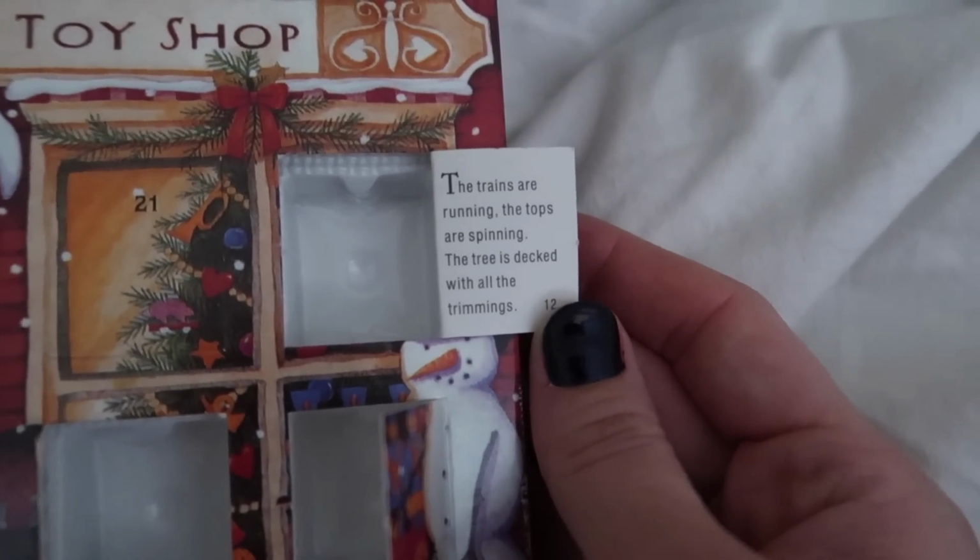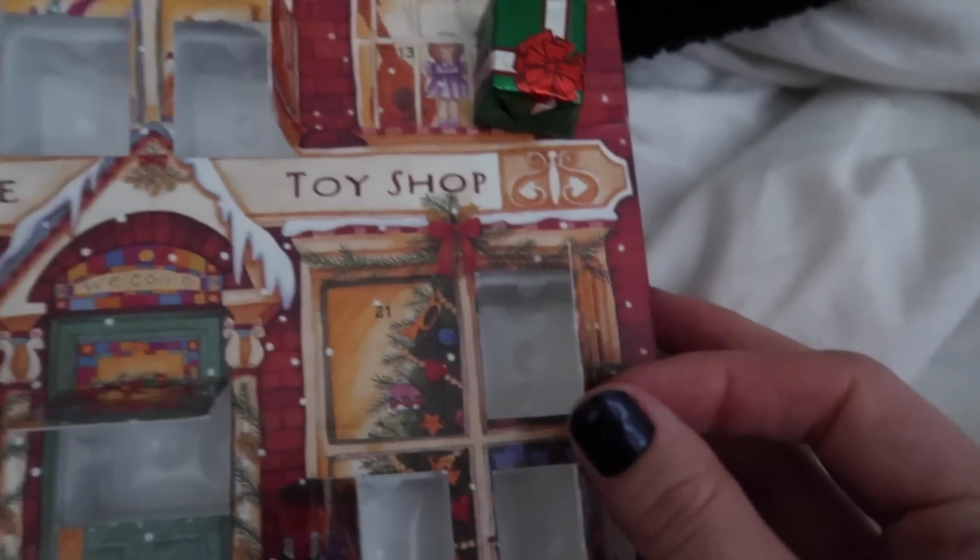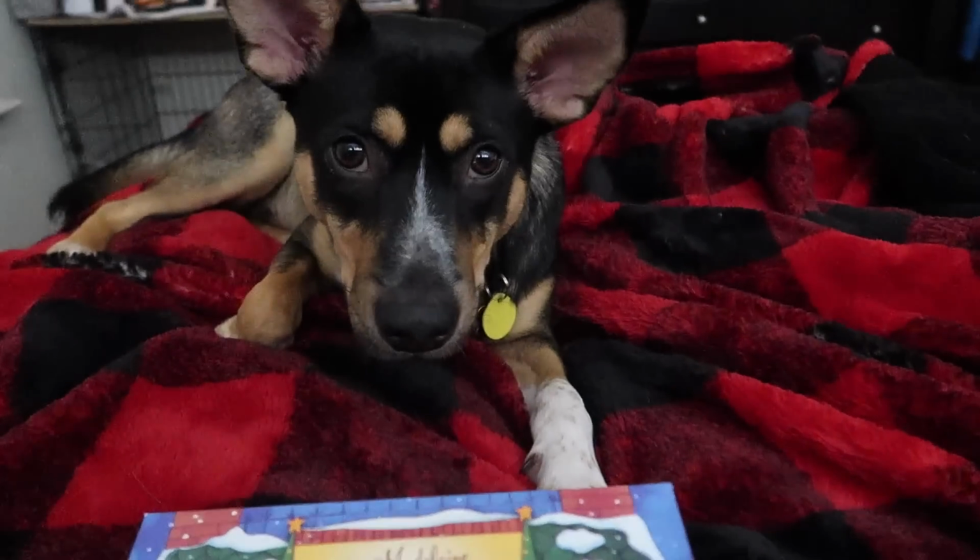Day 12. The mic's back on. What does this one say? You're about to completely reset Google. Oh. Home. You're about to completely